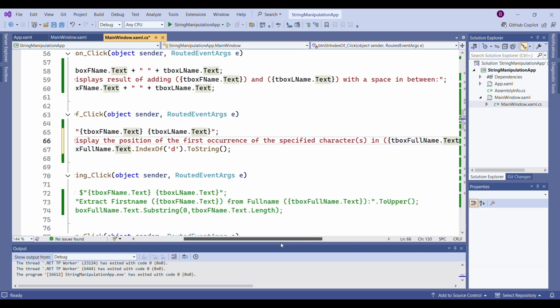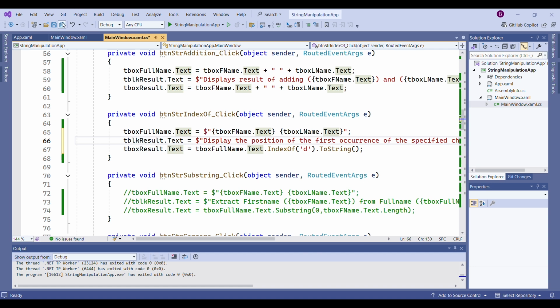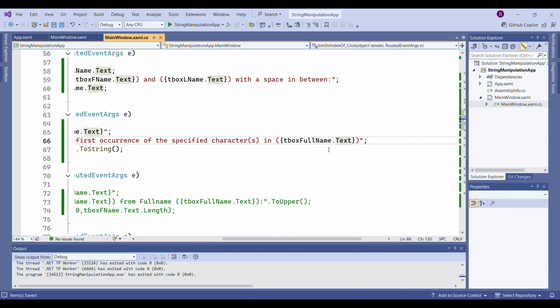So this will now give the label the right context, and people will know exactly what we're trying to achieve when they look at it. So if we do this and run it,